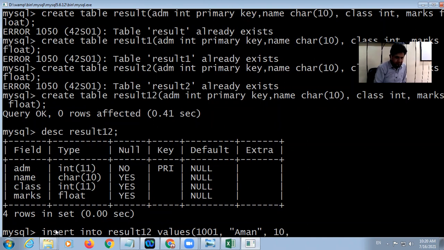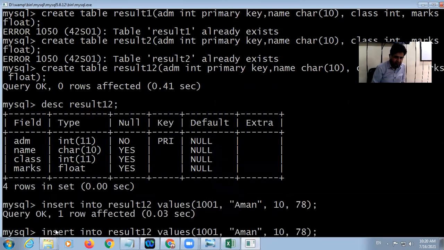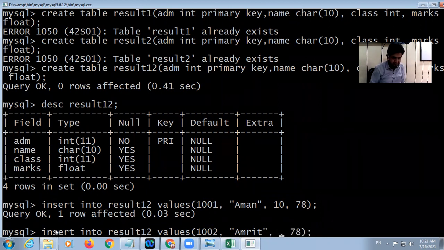Then marks, it is 78. That is the first record. Second record: 1002, Amrit, class 9, marks is 98.